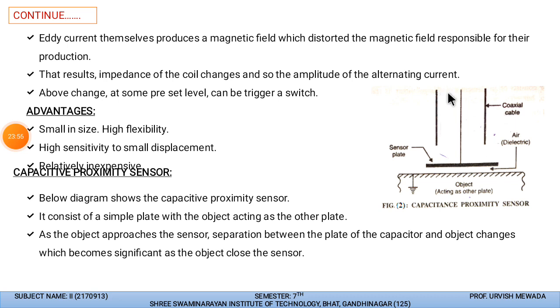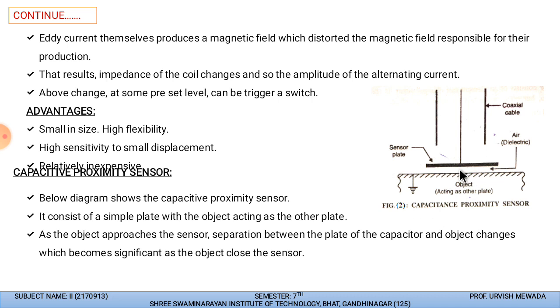Yes, so this diagram shows the capacitive proximity sensor. Basically, it consists of, say, two plates, and in between the two plates we have air as a medium. So this is a structure like a capacitor. As the object approaches the sensor, means this object moves, the distance between the two plates